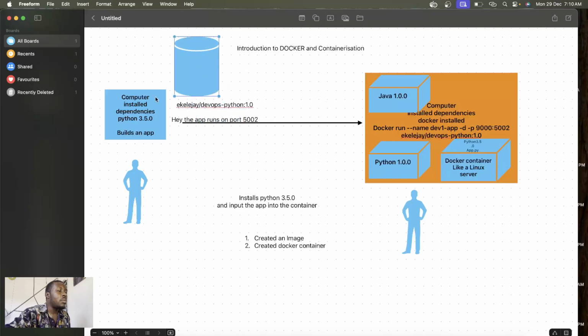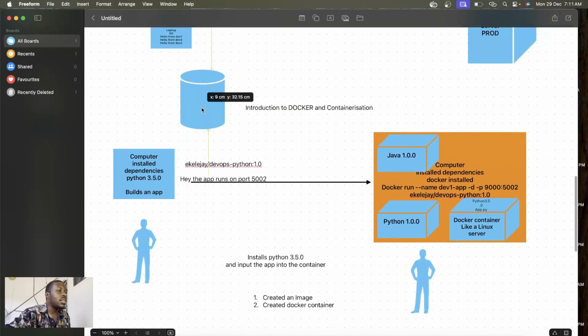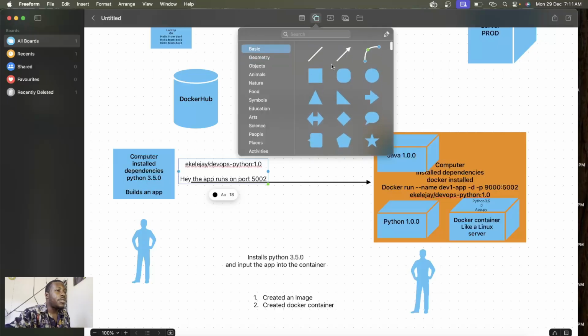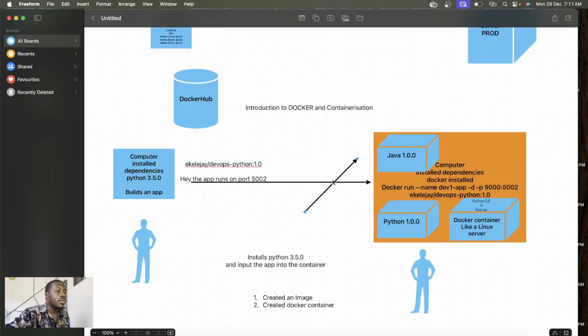Docker Hub is something we'll take a look at shortly. Each and every one will have their own Docker Hub account. It is almost like how pushing into a repository works.